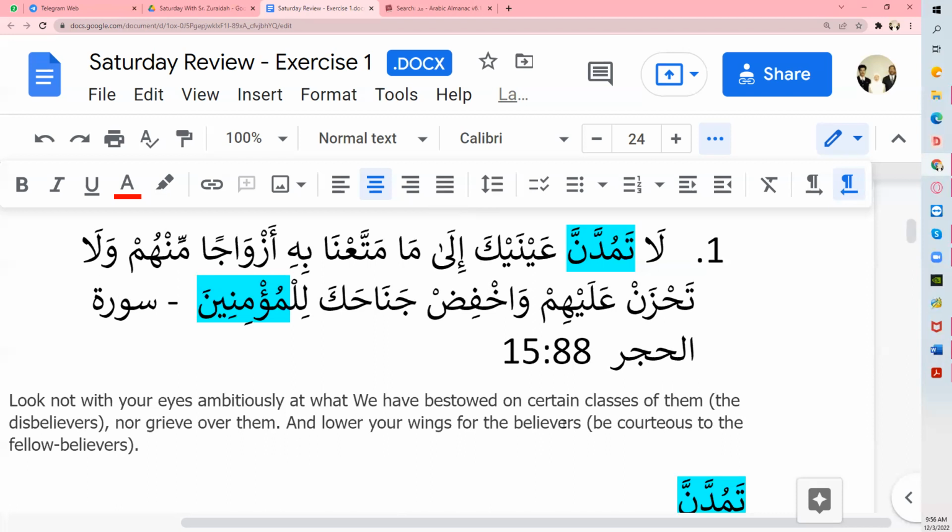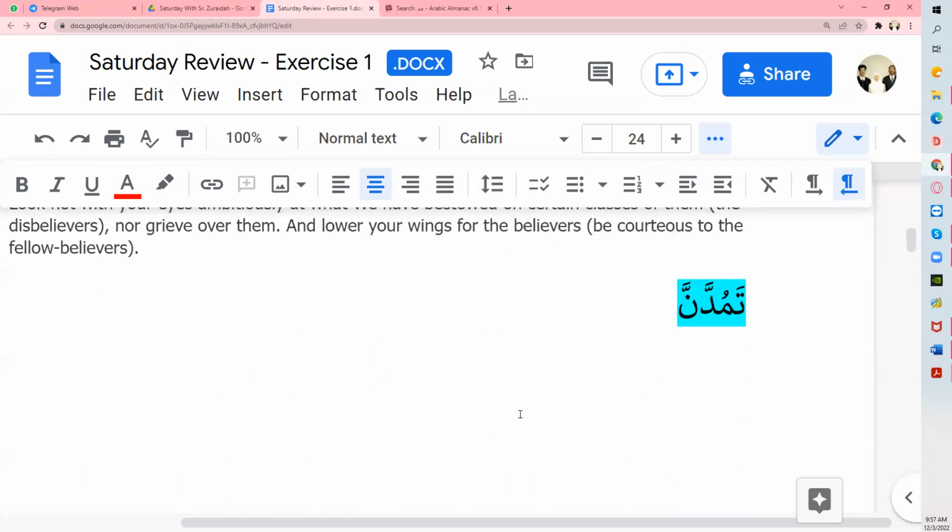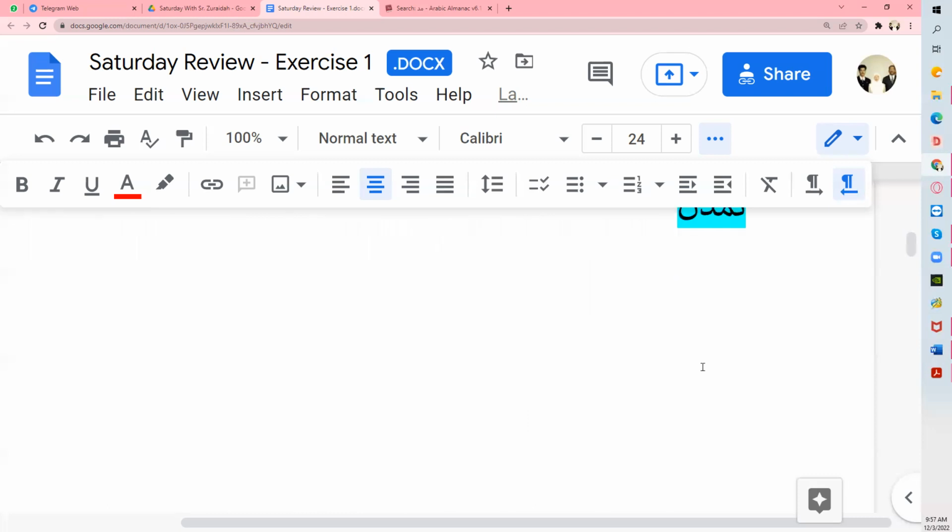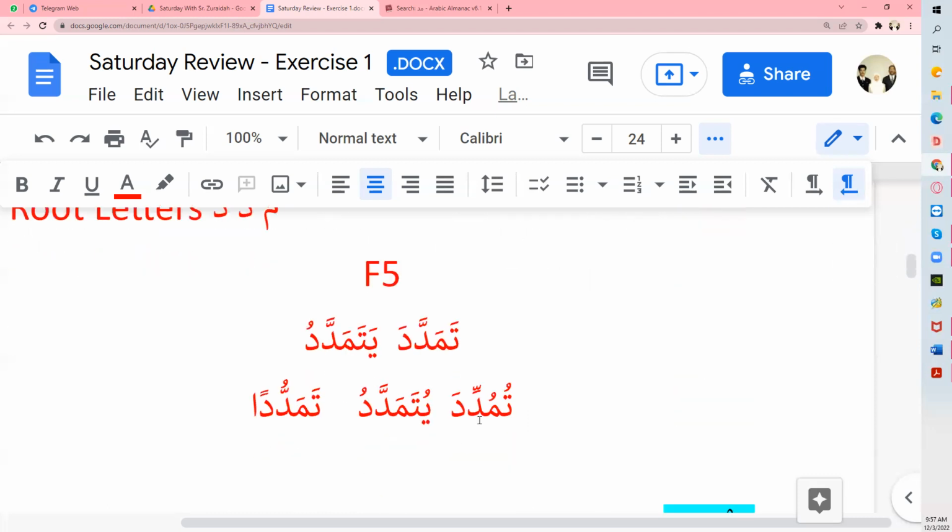So among yourselves, you should be courteous. Lower your wings for the believer. As a believer, you should also be courteous to another believer. It doesn't mean an act of effort. Yeah, it's actually mutawa'ah, meaning that you follow it. You follow that feeling, right? Mutawa'ah. So this is under al-mutawa'ah. You're thinking of takalluf, is it? Takalluf could also be that, yeah. But this is more because you miss, so you do the missing. That's more the meaning here.